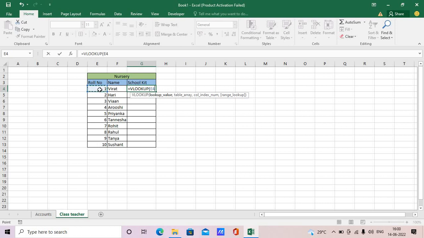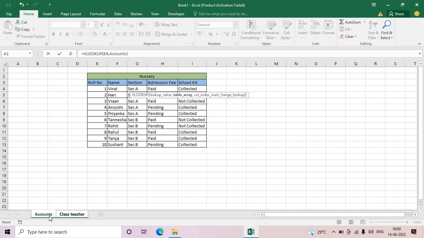So I will press here E4. The selection is E4. Cell E4 is my lookup value. I'll put a comma as the syntax suggests. Then it's saying table array. Table array is which table? This complete table which belongs to the accounts department, where the accounts department maintains each and every detail about each student, right? So I will select this complete table array